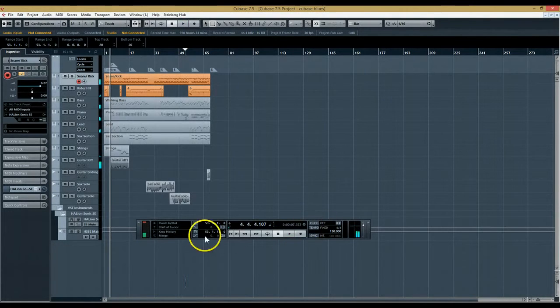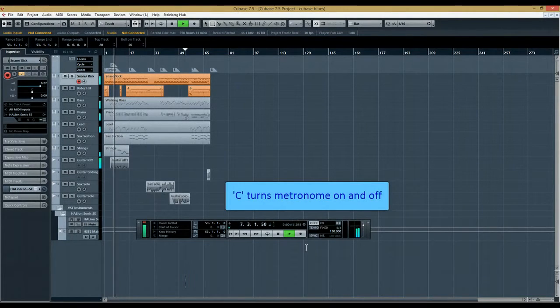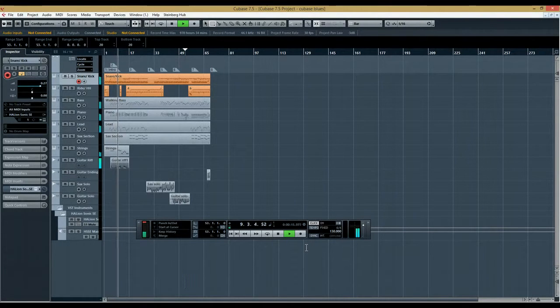And so on. Here I have where it says click, it says off. I can turn a metronome on. So this is really useful when you do your own recording. You can hear that extra clicking metronome. If I turn it off, and I can use the shortcut C to open and close it. And then to turn it off,